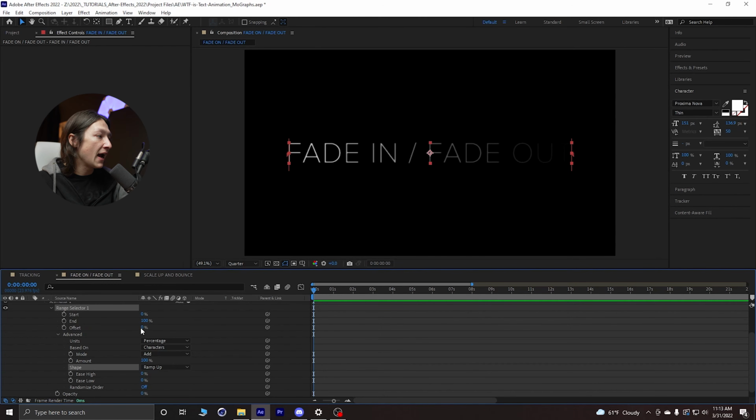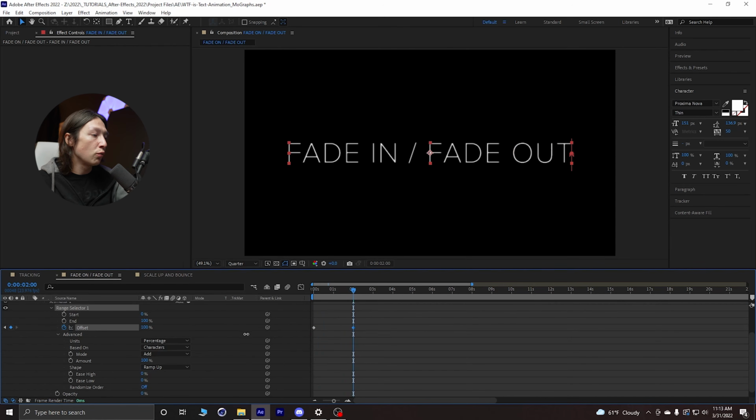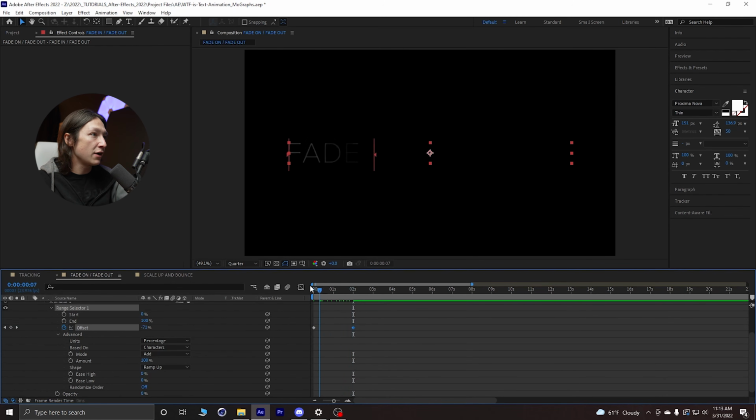So if I change this offset property right here, we can see that something is happening. And we can see that this little bar on our screen is moving across the text. That's what's happening on the back end to create this really cool looking effect. So we're going to set a keyframe for the offset at -100% at the beginning of our timeline, go forward to about the 2-second mark, and then we'll set this to 100%. So now if I play this back,